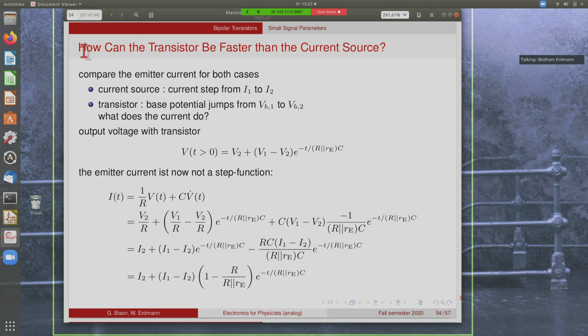Now we still have to answer the question: how is it possible that the transistor can be faster than the current source when it really is a current source and cannot absorb any currents? To do that, you have to compare the emitter currents for the two cases. In one case, we have a current step that goes from one value to the next one. And in the transistor case, we have a jump in the base potential from one value to the other. If you want to know what the current does,